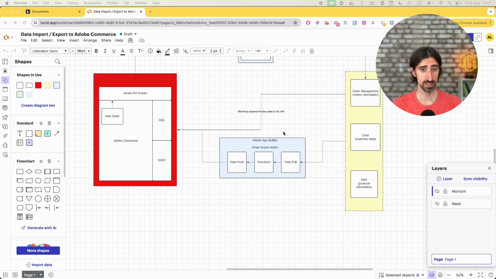And for this, you can build a Builder application which is periodically pulling data from an external system. So you cannot rely here on updates anymore. It's not that the external system sends you webhooks every time something has changed, which is also possible, and it would be great. If not, you just pull the data out of there, do the transformation, and then push it to